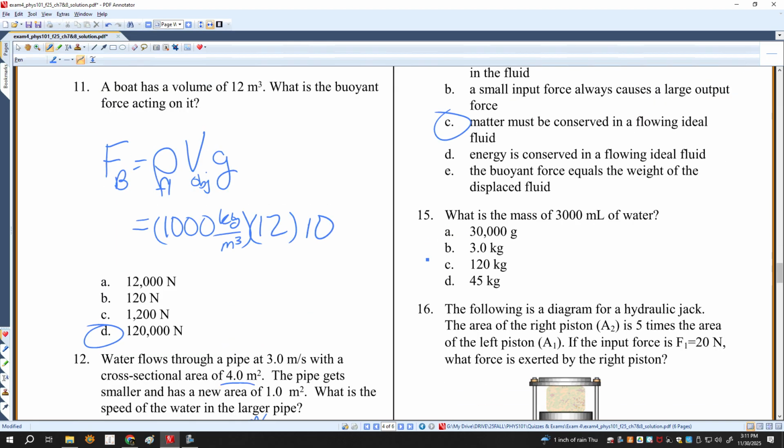And what is the mass of 3,000 milliliters of water? Well, you could just say, I know that a milliliter has a mass of 1 gram. You might just know that. That's just sort of a good number to throw around. And if that's the case, then I know that 3,000 milliliters of water has 3,000 grams of mass, which would be 3 kilograms. Or I could say that 3,000 milliliters is the same as